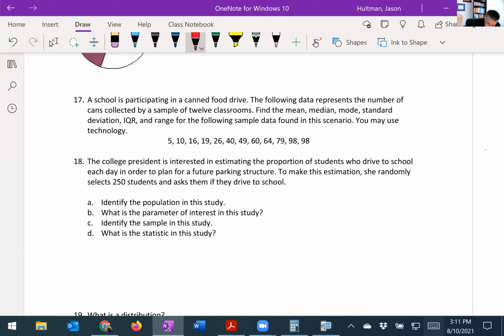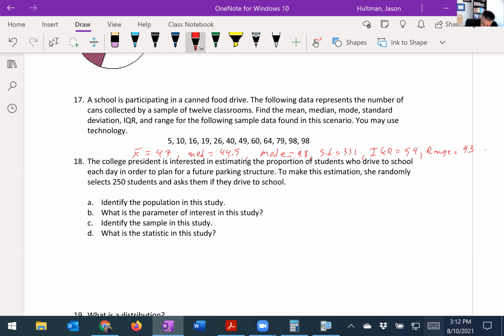Okay, so this was 47. The median is 44.5. The mode was 98. The standard deviation was 33.1. The IQR was 54, and the range was 93. Okay. Okay, number 18, college president is interested in estimating the proportion of students who drive to school